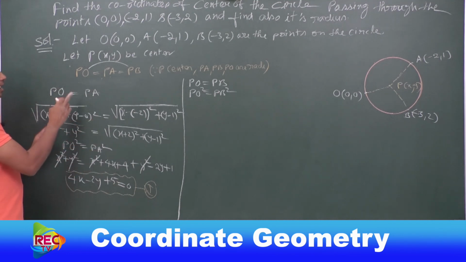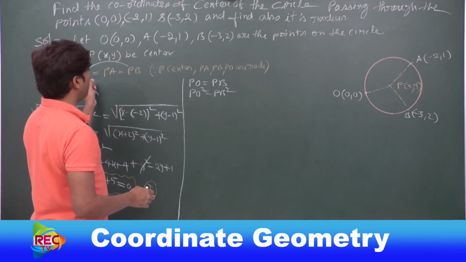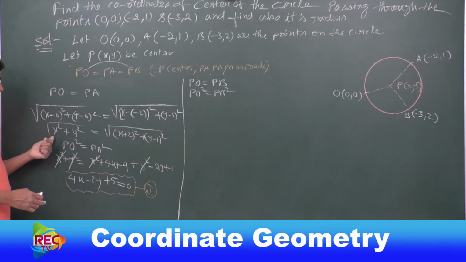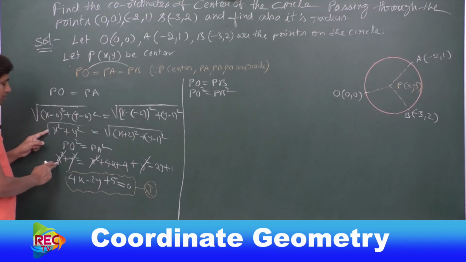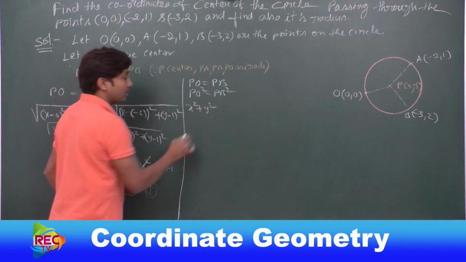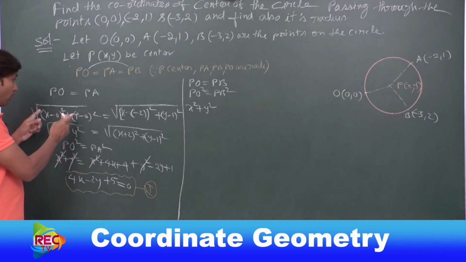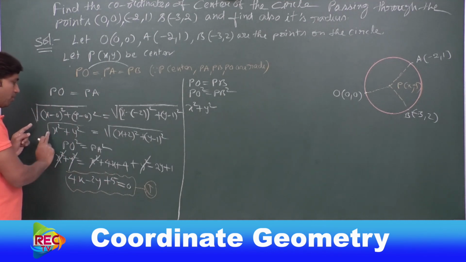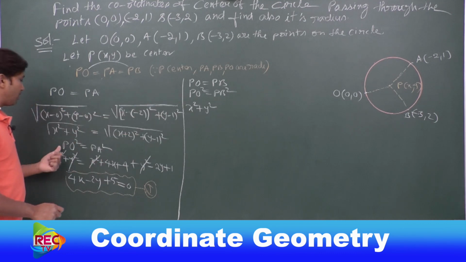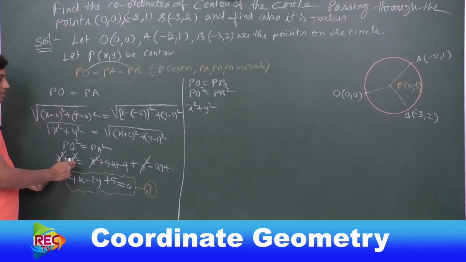Okay, now what is this distance? PO square equal to PB square. As we know, PO we already found, no? PO is root of x square plus y square. As we squared it, PO square will be equal to what? x square plus y square. We don't need to find it again. Once again I am telling you, PO we already found. How much is this PO? Root x square plus y square. As we squared it, the square root will be cancelled and we get x square plus y square.